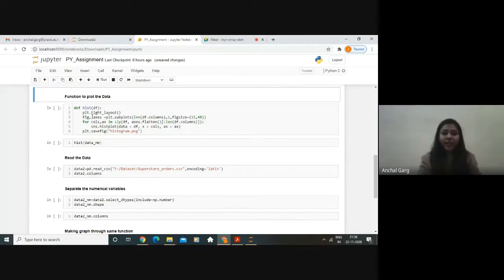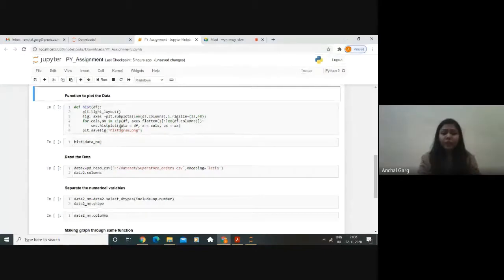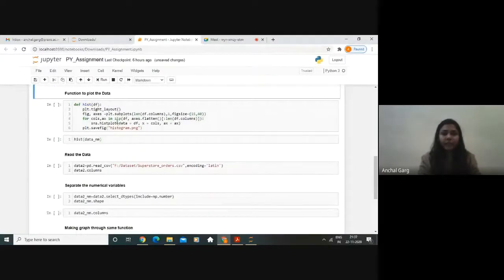I have written this tight layout so that all the plots will fit into the given area. And then I've defined the fig and axis. I've defined fig to be plt.subplots because we want all the plots to come in one call. And then I have defined the length and then figure size, which is 15 by 40.